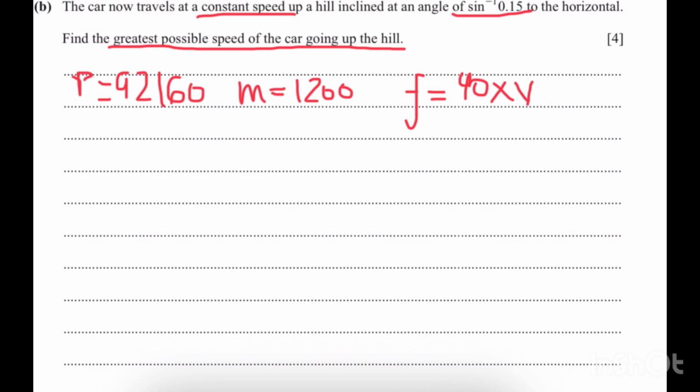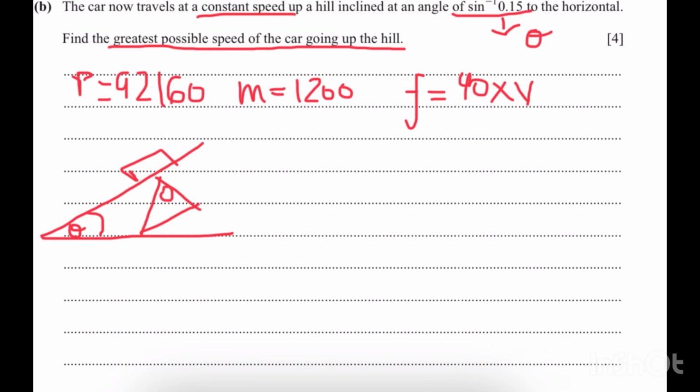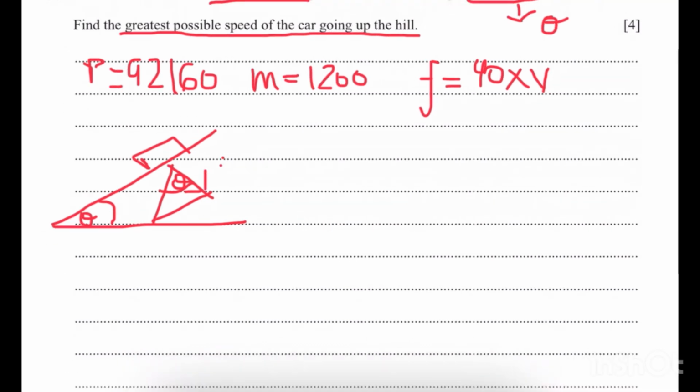So first let's draw the hill. Let's say this is a hill. Now I will substitute a value such as theta in place of sine inverse 0.15 to make it easier. So let's say this is theta, this is the car, and now the weight will have two components. The angle inside will also be theta, and the downward component of the weight will be equal to 1200, the